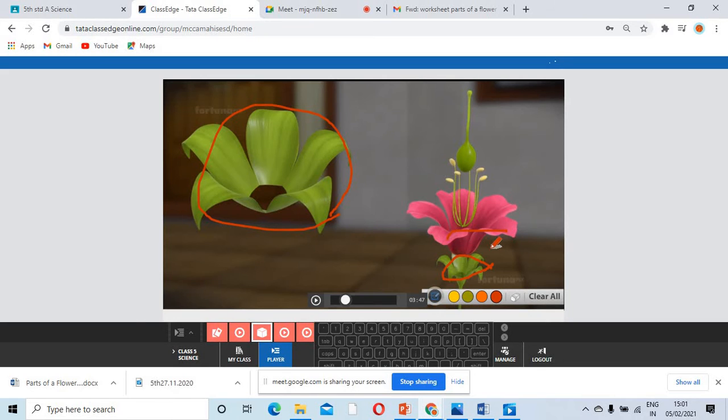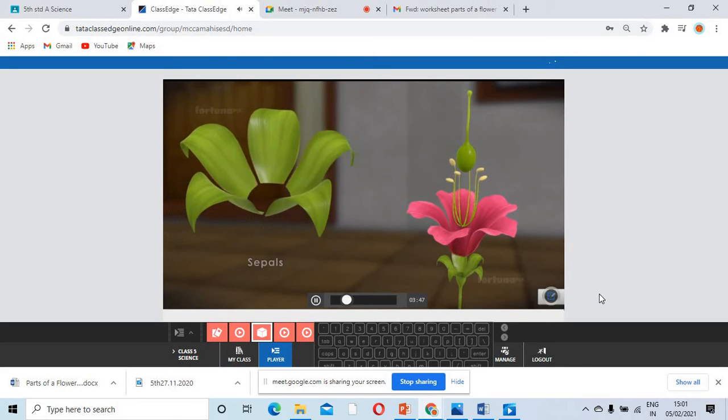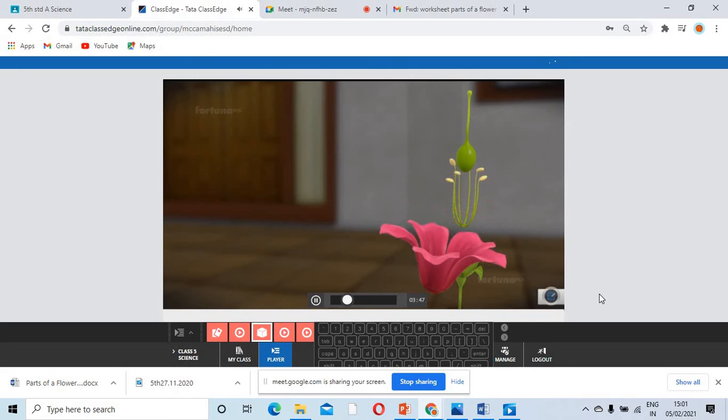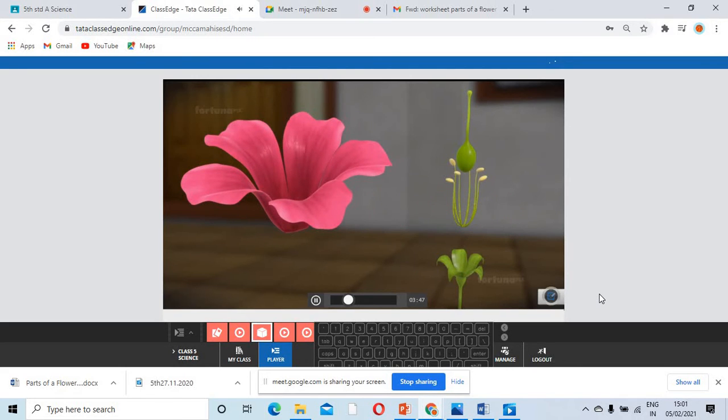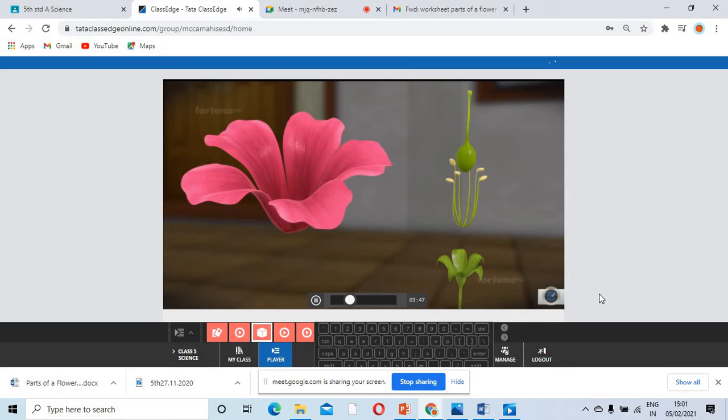Next you have the petals, okay, and the petals are also called corolla. Next you have the male part. This is the male part which consists of the anther and the filament. This is the female part which consists of the stigma, style, and the ovary. The calyx is made up of leaf-like structures called sepals. The next floral whorl, the corolla, is made of the familiar, colorful, delicate structures called petals. It's this layer that attracts insects, such as bees, for the purpose of pollination.